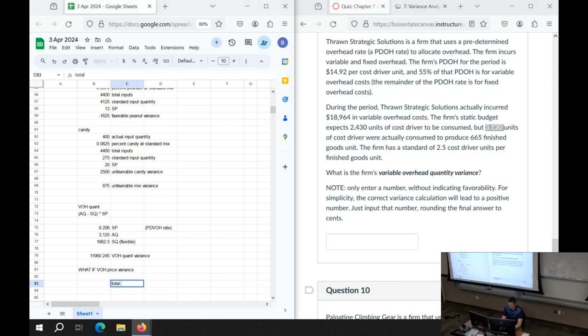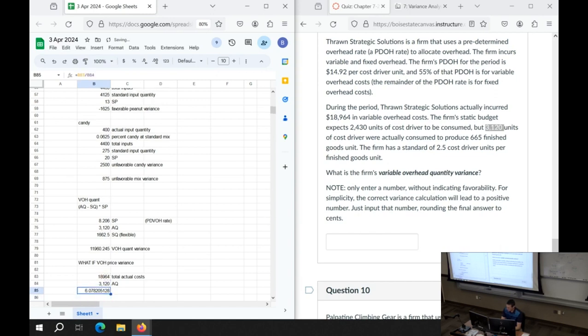So total actual costs of 18,964, and we have actual quantity of 3120. So we can divide that, and we get an actual price of $6.078. We need that because we need to figure out actual price minus standard price times actual quantity